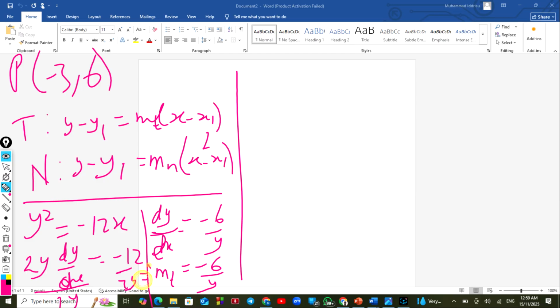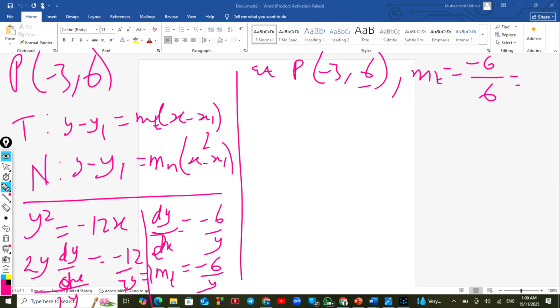So this means that at the point P negative 3, 6, our gradient for the tangent will be equal to negative 6 divided by the y coordinate, which is 6. It's negative 6 over y, so the y coordinate is 6. Negative 6 divided by 6 is